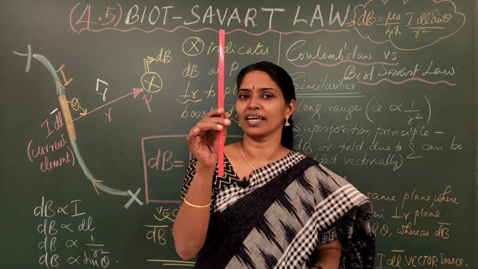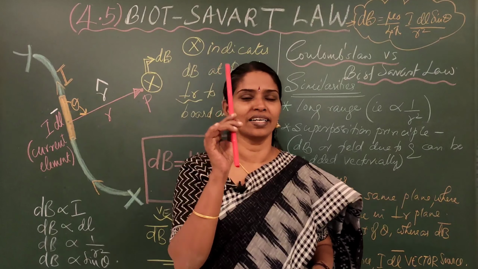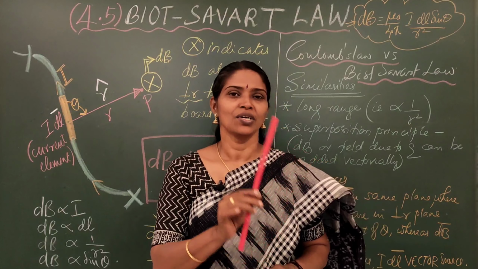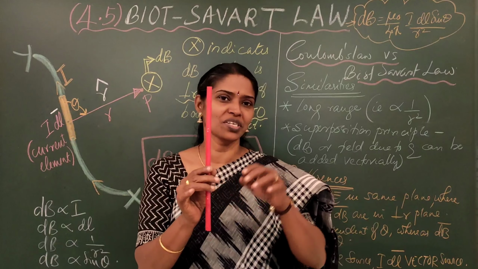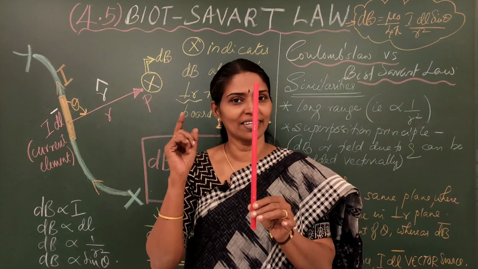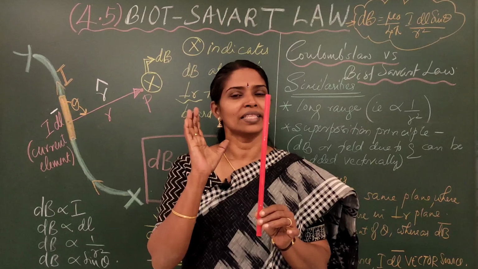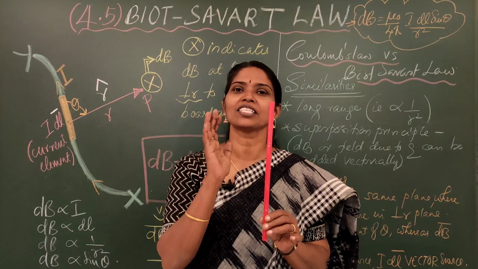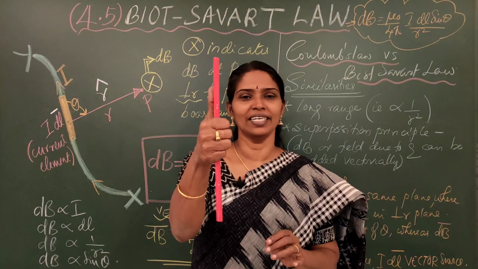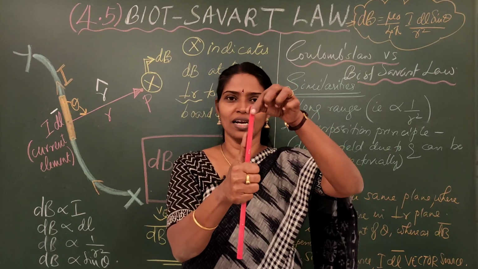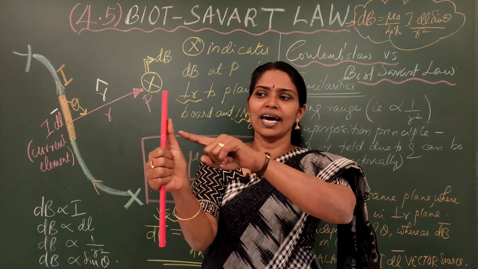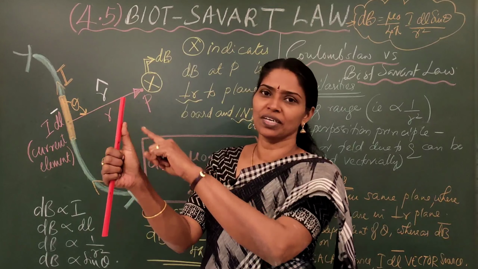Now suppose this is a conductor, a current carrying conductor. If you have a current carrying conductor like this, you know Christian Ørsted mentioned in 1920 itself that around this conductor there is a magnetic field. And the direction of the magnetic field is given by the right hand grip rule. So this is the conductor, held in such a manner that this is the direction of the current.